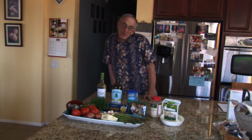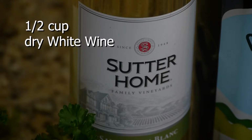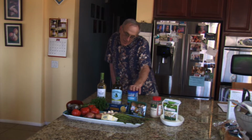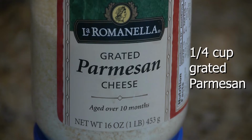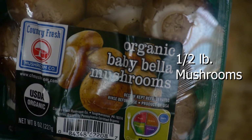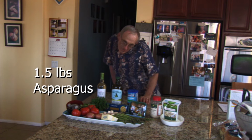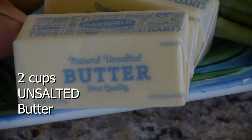Long Island Shrimp Scampi. Some of the ingredients we'll be using today are half a cup of dry white wine, half a cup of extra virgin olive oil, about half a cup of Italian breadcrumbs, about a quarter cup of grated Parmesan, half a pound of mushrooms, a pound of linguine, one bunch of parsley chopped, about a pound and a half of asparagus for our vegetable, 2 cups of butter,